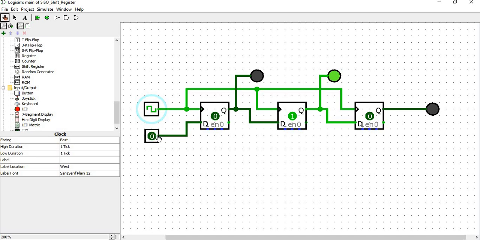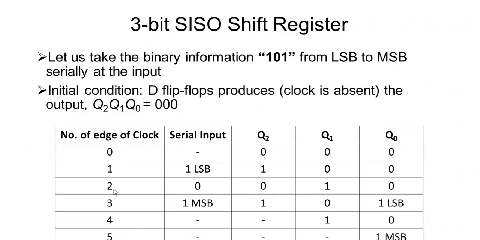When I apply the next clock pulse, whatever information is being given is passed on to the first, that is Q2. Q2 is 0 and the previous value of Q2 is moved on to Q1. So during the second clock, my input is 0, that is captured in Q2.